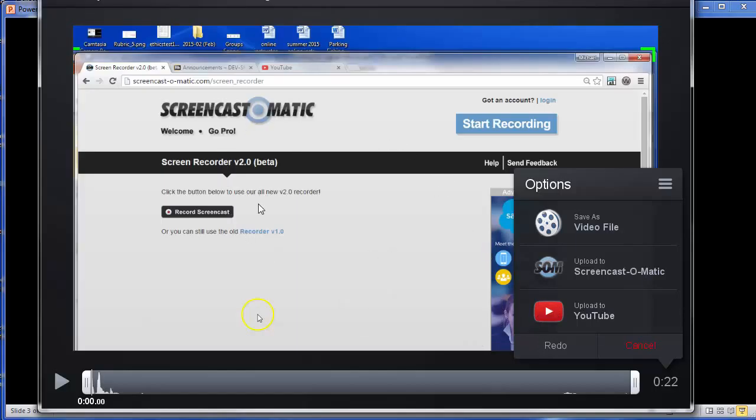Now this isn't showing the PowerPoint because I have to record. This is a recording of a recording. So I'm recording in one thing and showing you Screencast-O-Matic. There's no way to use two different recording devices at the same time on the same computer, at least that I know. So I'm just going to press this